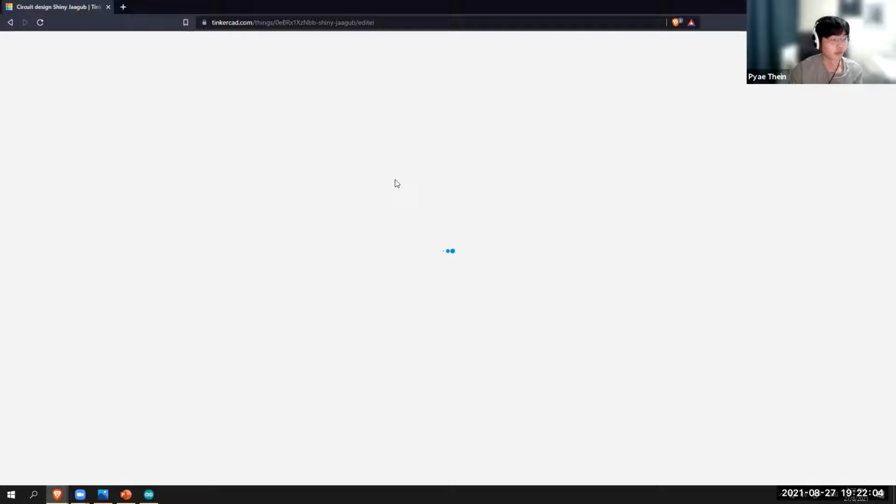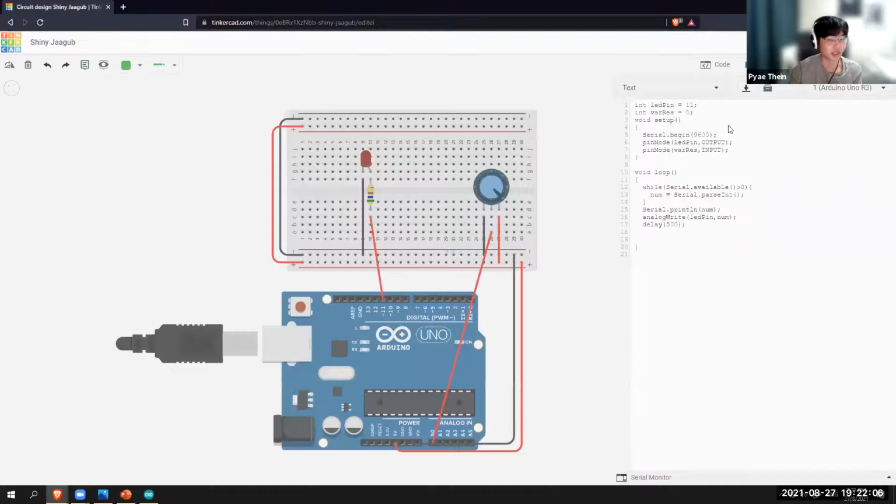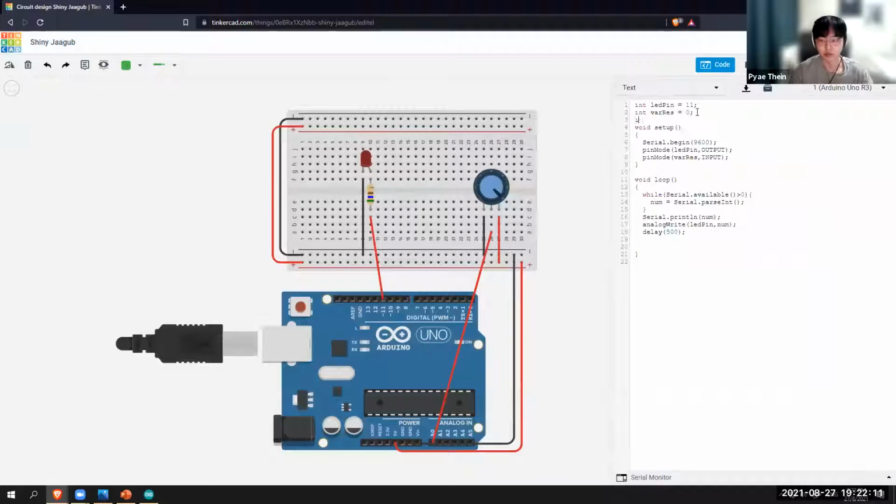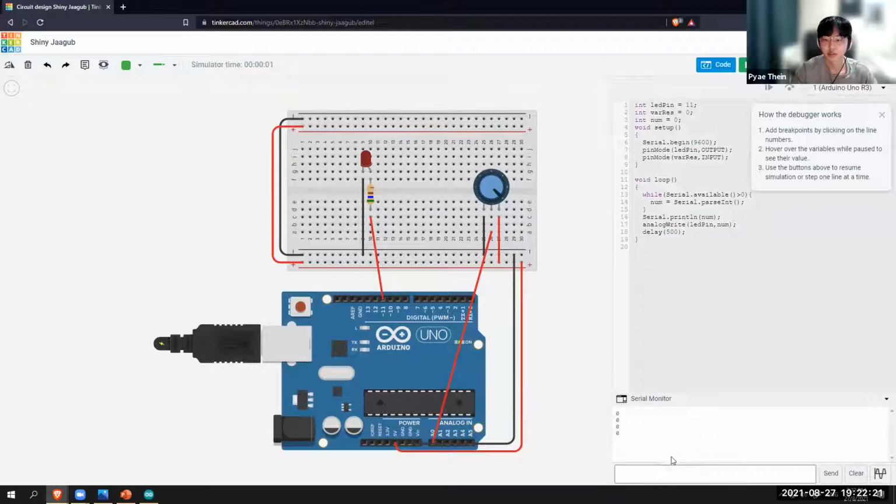Yeah, so what I forgot was basically to declare the num here. So it didn't know what num meant. So if you do this, right? So right now it's 0. But then if we were to input a number, you see how the LED has turned on, and now the